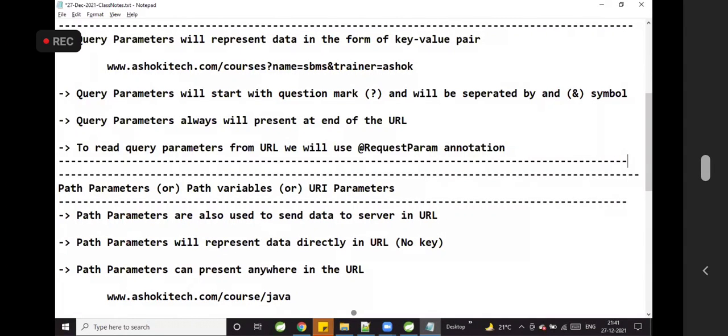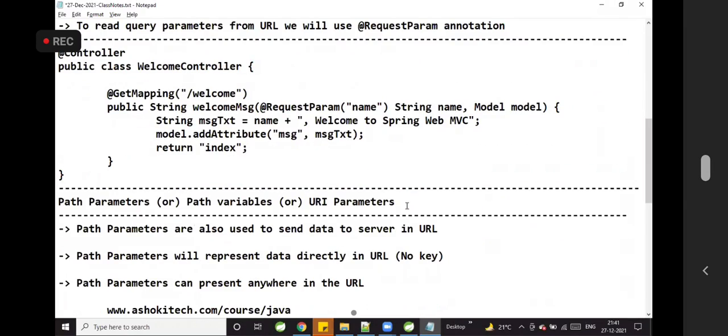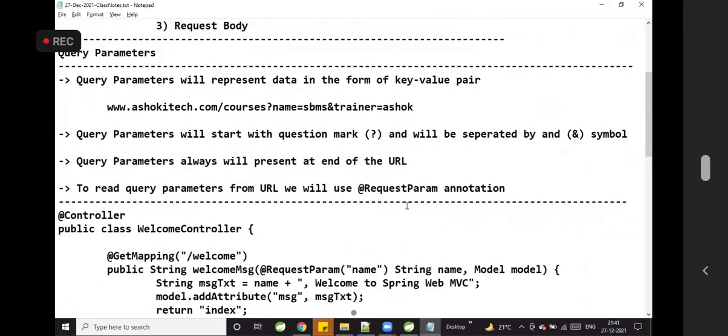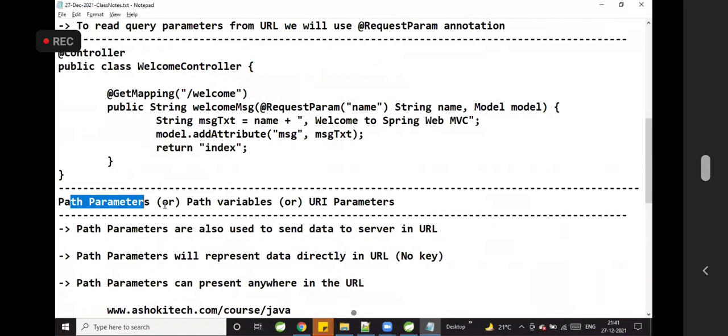Now you may get a question: when to go for query parameter, when to go for path parameter. That we are going to discuss in the REST API. For now, just for the time being, understand what is query parameter and what is path parameter.